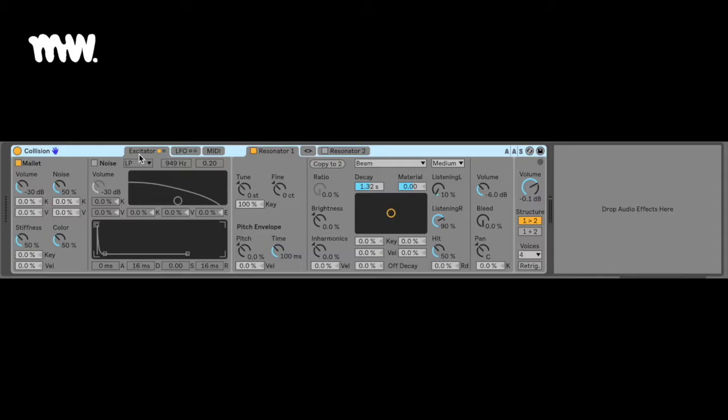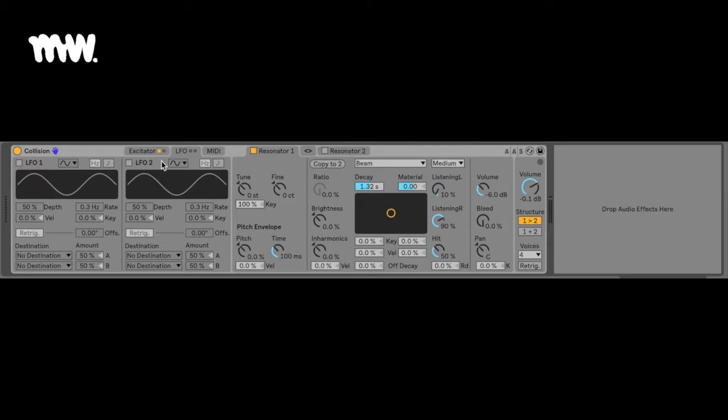Having a look at your Collision, you've got your, I don't even know how to say this, excitator, and this is where you decide how to sculpt the hitting sound of something being struck. You've got a mallet bass or a noise bass. You've also got LFOs. You've got 2 LFOs, and each of these you can route to a specific destination. In fact, you can route them to 2 destinations. Just, sorry, a couple of options are cut off at the top,